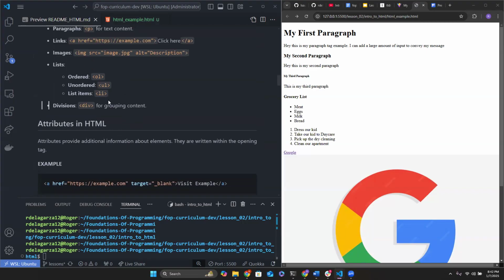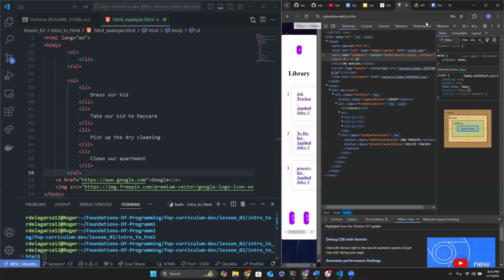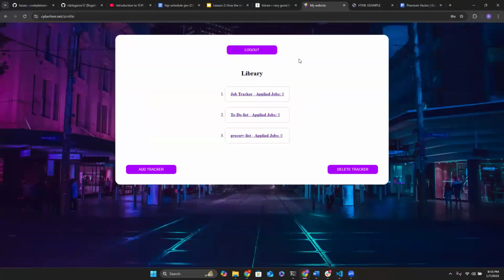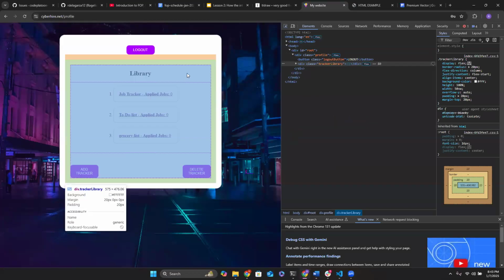And the last thing we're talking about with the common ones is going to be divs, right? Divs, the best way to describe what a div is, well, for one, it stands for division, I believe. And it's, in a sense, just a box, right? Think of my website. Let's inspect this. And notice when I hover over this box right here,